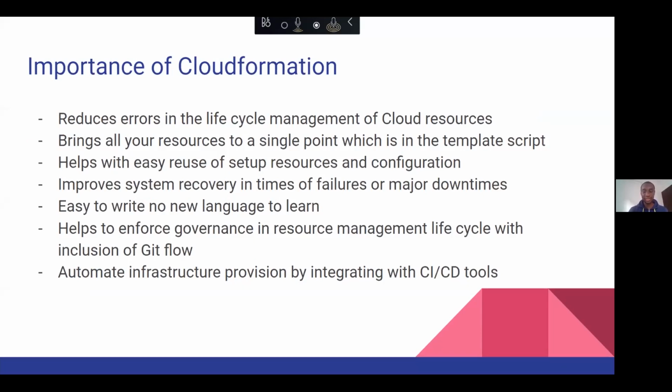This is a long list, but I'll just take about 2 or 3. So the first one is it reduces errors in lifecycle management of cloud resources. What do we mean by that? This basically means that